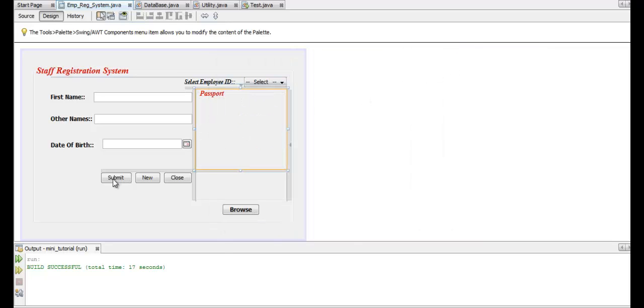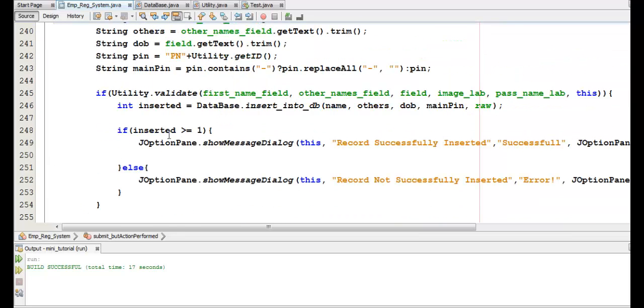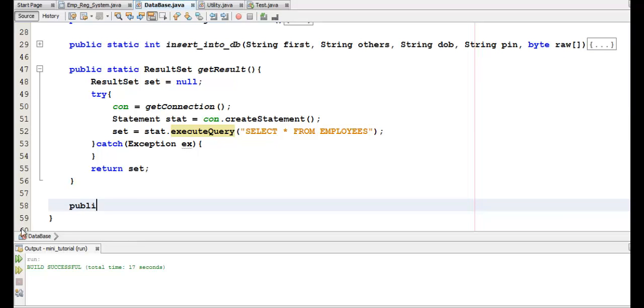Now we just double click the submit button to take us to the place, because it is after submitting that this should happen. If the submission is successful, that is the time it should get the ID and insert it into the combo box. So how should we do that? I think we should go back to our database class and create some more utility methods to help us do that. So here I'll have public static